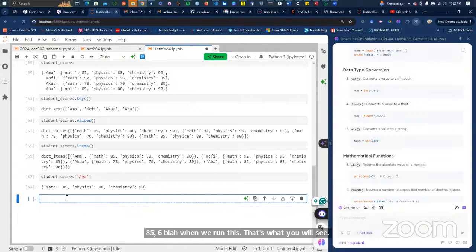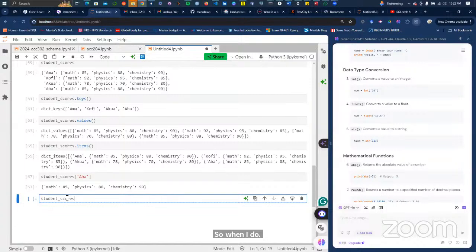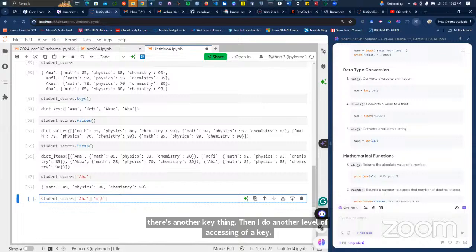So when I do the same thing again, students Abba, then I know when I do this, I'm here. But you see, this is also a key value pair. So there's another key. Then I do another level of accessing with another square bracket, which is math.